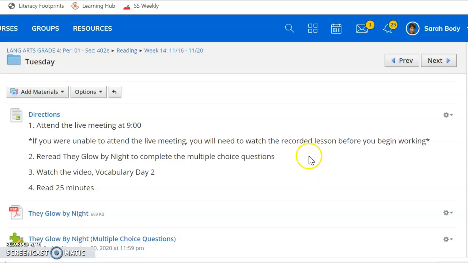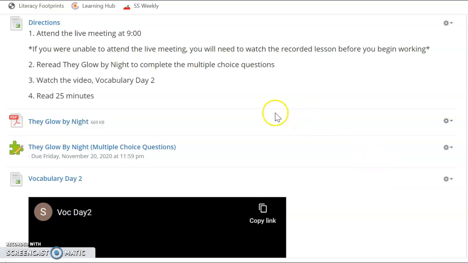When we go into Tuesday, there's quite a bit less here. In our live meeting, we are going to talk about the text, The Parakeet. I'm going to introduce you to a new fiction story called They Glow by Night. After our whole group live meeting, you're going to go back and look at this text again, They Glow by